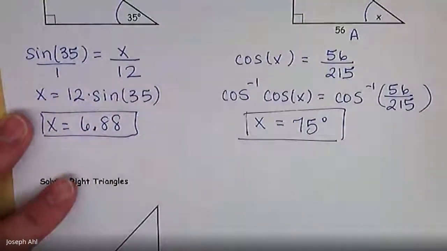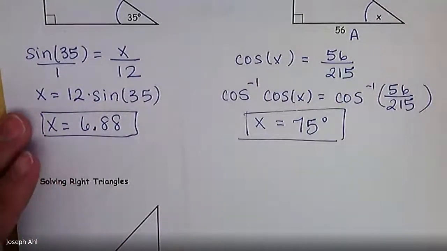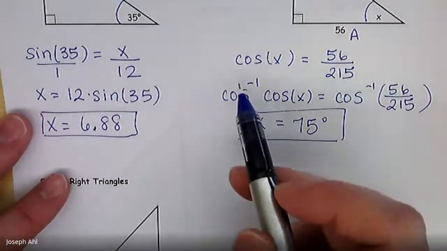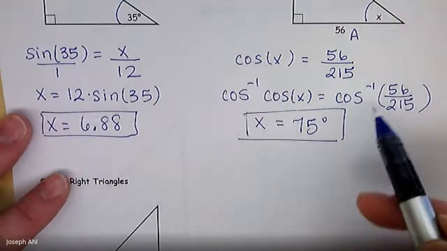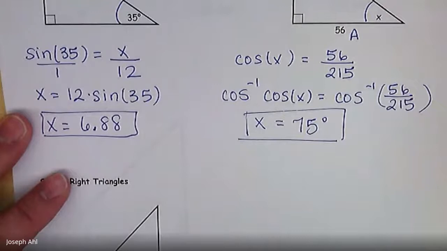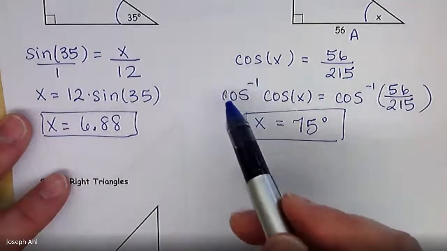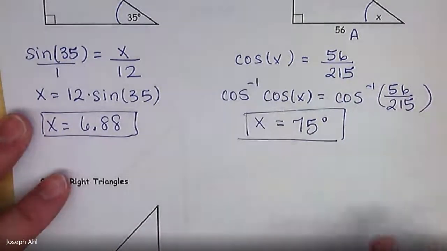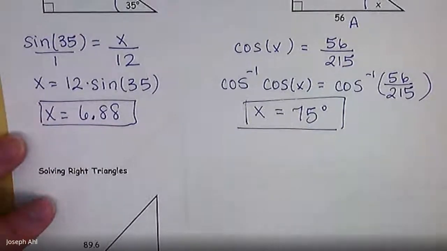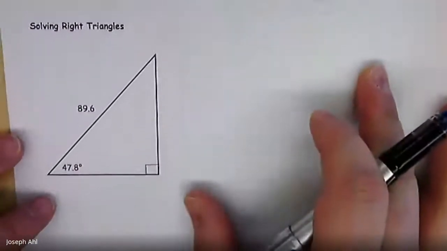Okay. So it's not that much different. You just have to remember that to find an angle, you're definitely using the inverse trig keys. If it's sine x, I would have done second sine to the -1 of both sides. And we'll get more practice with that as we go through here, but let's move on to solving right